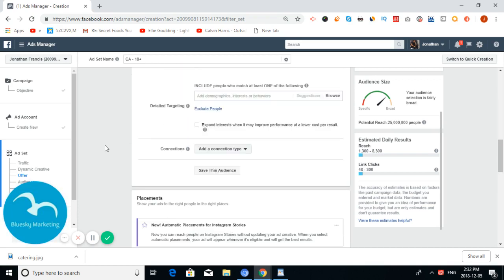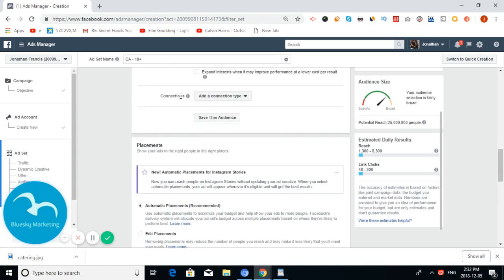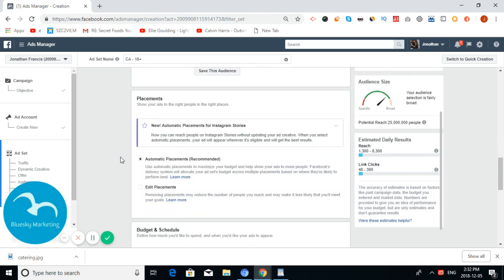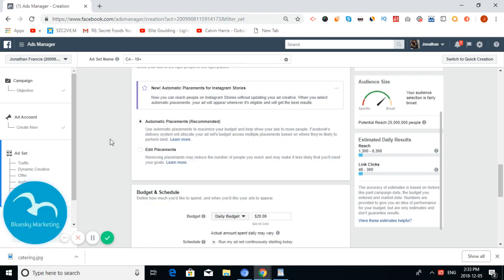So as we get to the next spot, we just finished our targeting. We're going to get to placements. And placements is where Facebook is going to show your ad. Show your ad to the right people in the right places. Facebook is obviously integrated with Instagram. So what you are able to do is you can really alter where the Facebook ad that you create is going to show. So if you click edit placements, right,